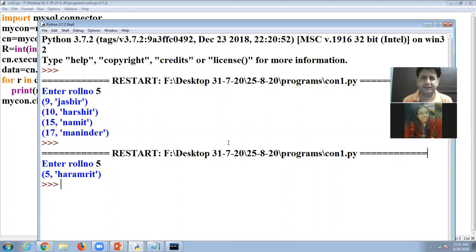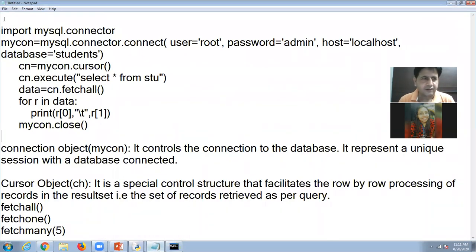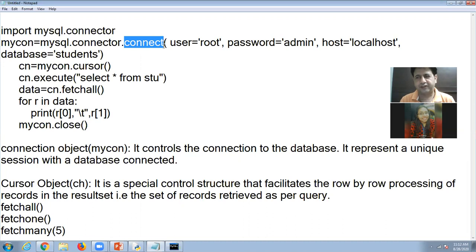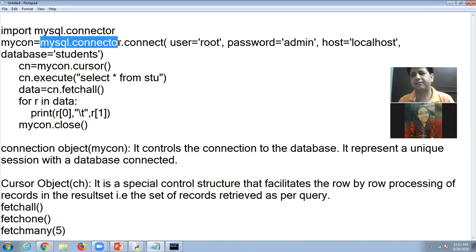So this is the way, I'm again explaining. First of all, import the special module mysql.connector. After that, set the connection with the help of the connect function that is a part of the mysql.connector module. It has 4